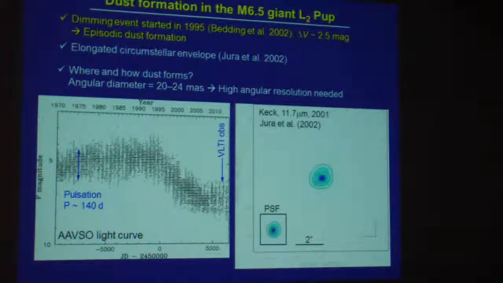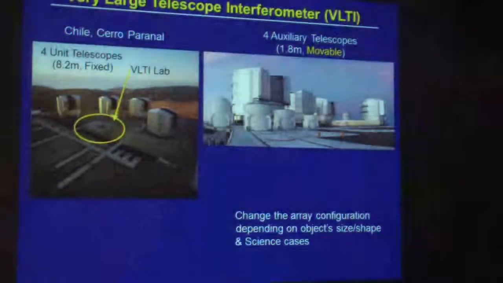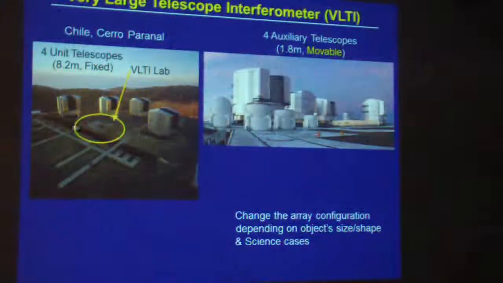So in order to image the dust clouds close to the star, we have to have milli-arcsecond high angular resolution. And this is exactly what we can achieve at the Very Large Telescope Interferometer. VLTI is a project to combine telescopes on this VLT site to form a big infrared interferometer to achieve spatial resolution much better than achievable with single-dish telescopes or even ELT or TMT. And of course, these 8-meter telescopes are fixed, but on top of that, they have small so-called auxiliary telescopes, 1.8 meter, and they are mobile, and you can see a number of